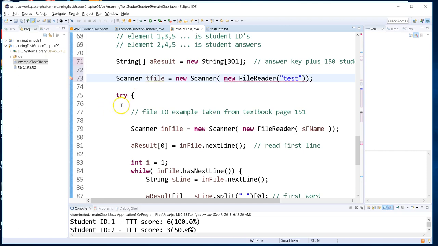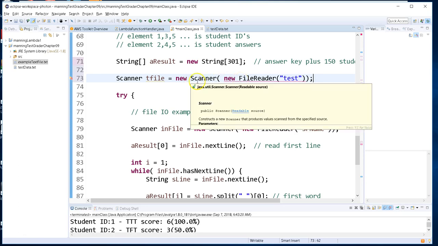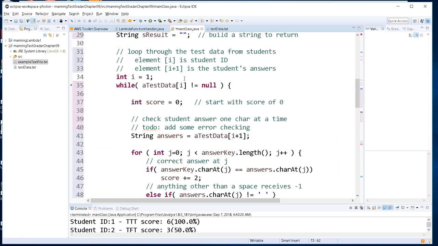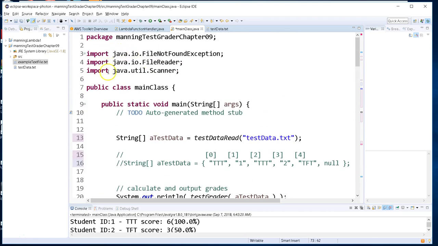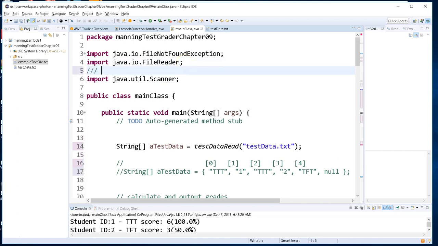When I do this, this is where Eclipse helps me out. Eclipse shows that there's a problem here. It says there's a problem whenever I try to do file IO. And in order to do this, I also make sure I have an import of java.io. And actually, I don't need to do all these one at a time. I saw in chapter 3, if I want to do the scanner, I have to import java.util.Scanner. I could have done here,